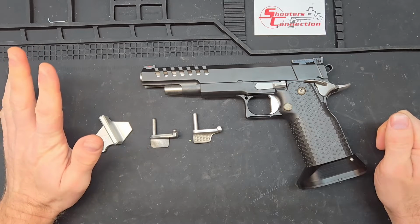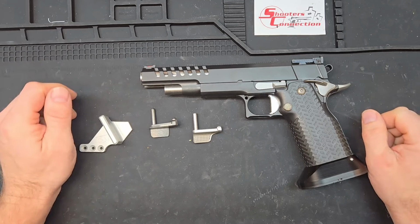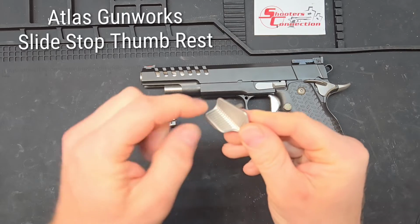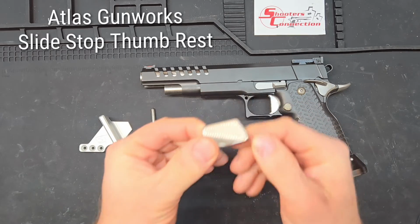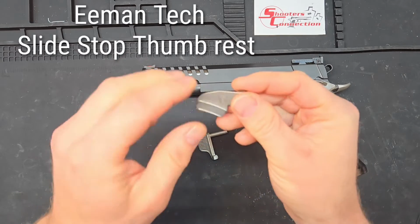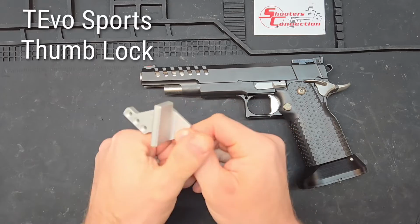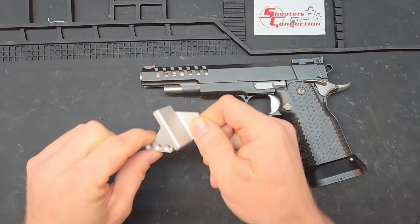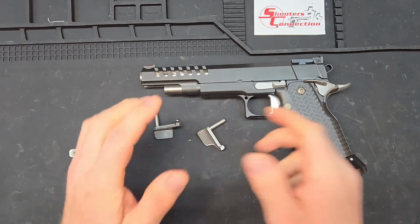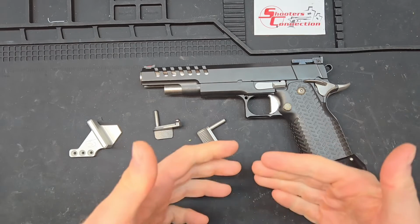So there are more and more divisions in practical shooting that allow thumb rests, and for a lot of people, they make a lot of sense. This is an example from Atlas Gunworks. Got some great swoopage there as it goes up along the frame and slide. We also have one from Emch here, a little bit more traditional design. And of course, you have a frame mount option, the gigantic thumbs up hitchhiker thumb from Tevo Sports for a frame mount. We don't have a frame mount on this pistol today, but I can show you these other two and kind of talk about what thumb rests do for the competitor and why you might want to consider adding one